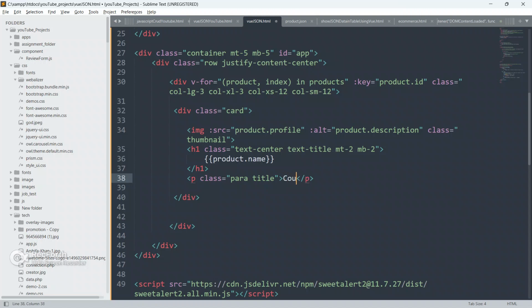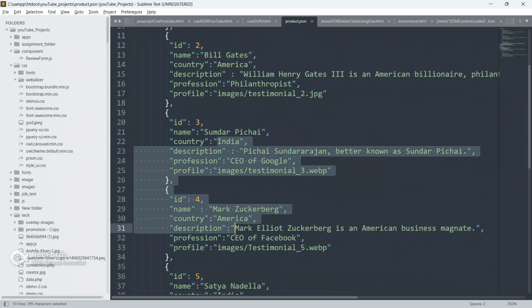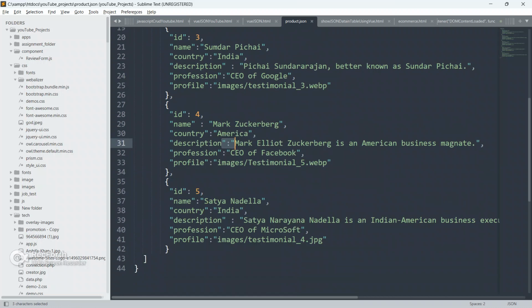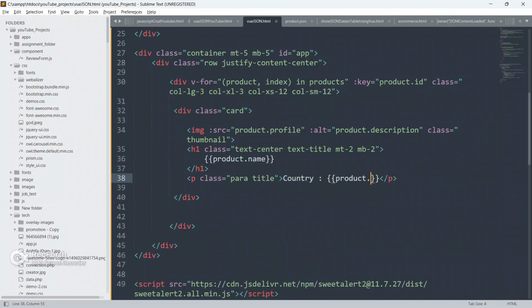Country colon, double curly braces, and I will copy this product from here and paste it here. Dot, go to the JSON file and copy this country key from here, and it will display the values India, America, India, America, and India.